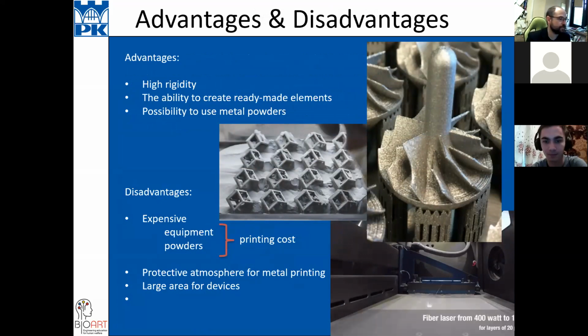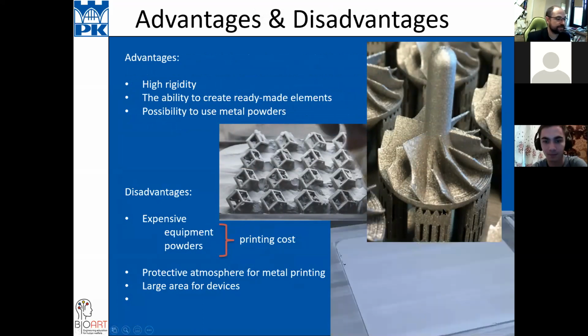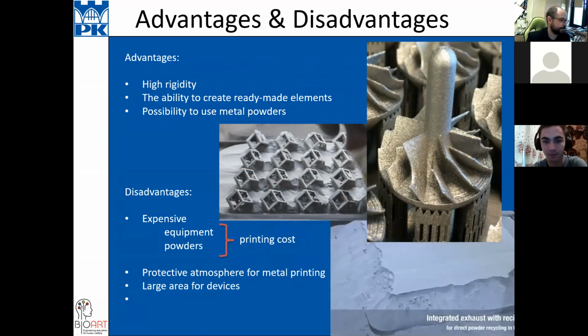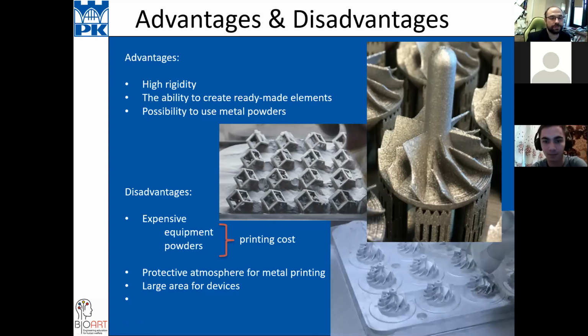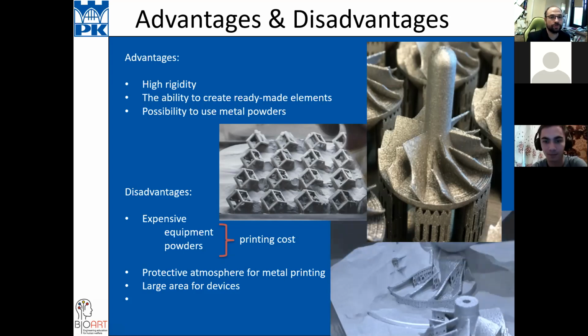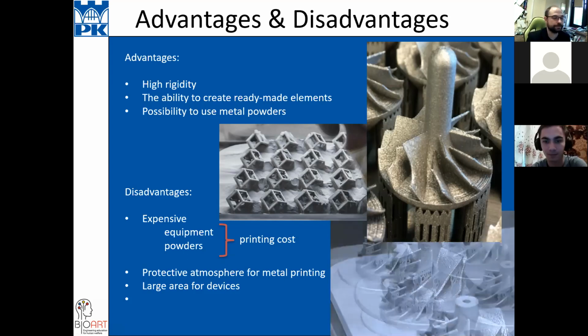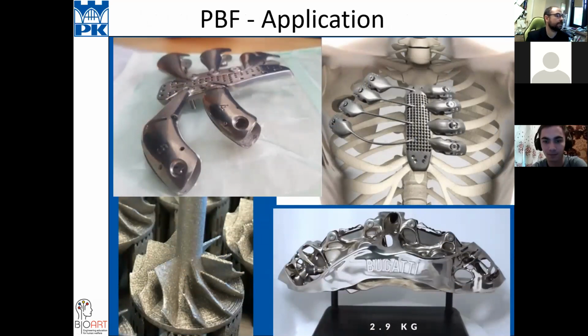And in most cases, you don't need any support. But for example, as you can see here, we have some supports because it's easy to remove from the table. And of course, you can use this powder again, but not for medicine. When you print something for medicine, you must use only new fresh powder. And here you have some examples of printing materials. Yeah, here some kind of thing to put on the chest, and also in automotive, and also in aeroplanes.